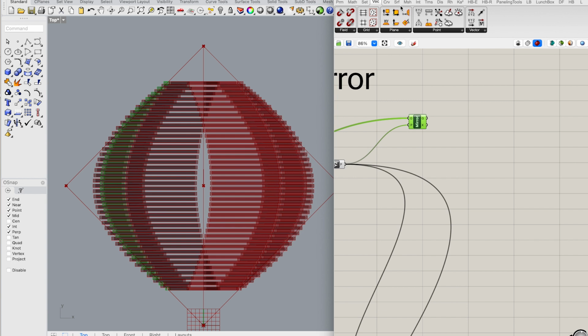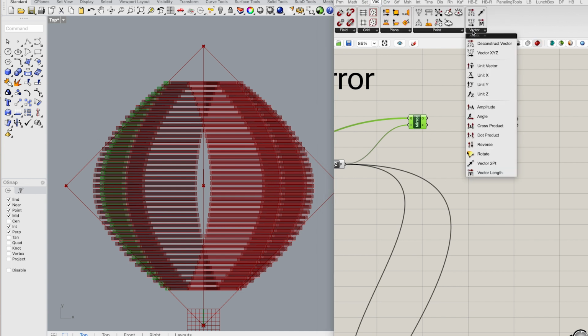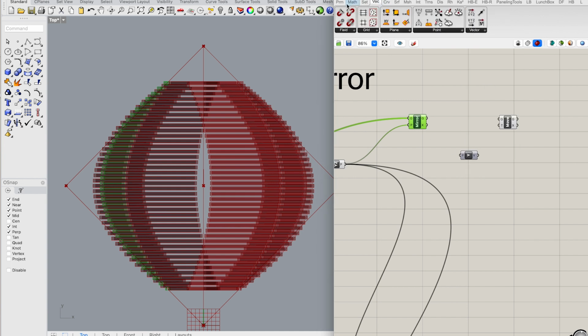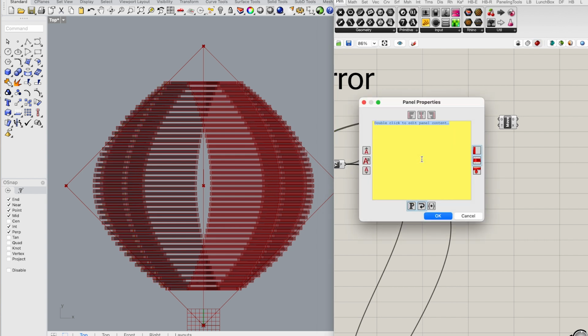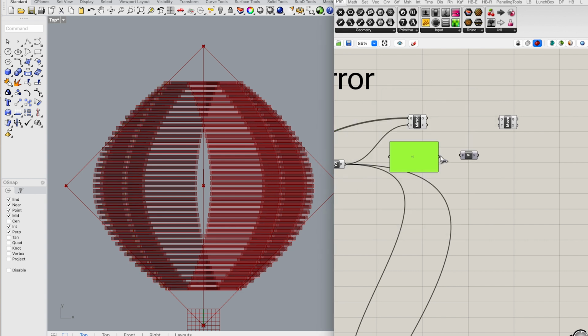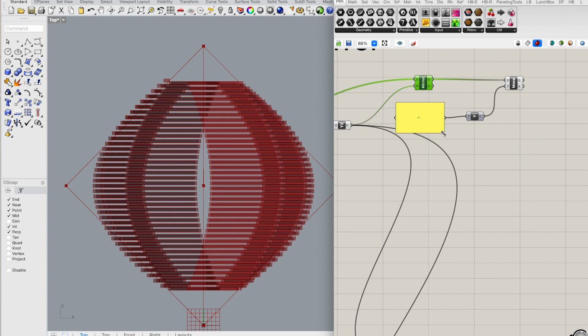So we go to these mirrored sticks and move them in Y direction. So we need vector unit Y, and we move them 80 millimeters. Connect the components, turn this one off, the original one, and we do the same thing for the row 2 and row 3 on this side of the pavilion. I copy this definition,